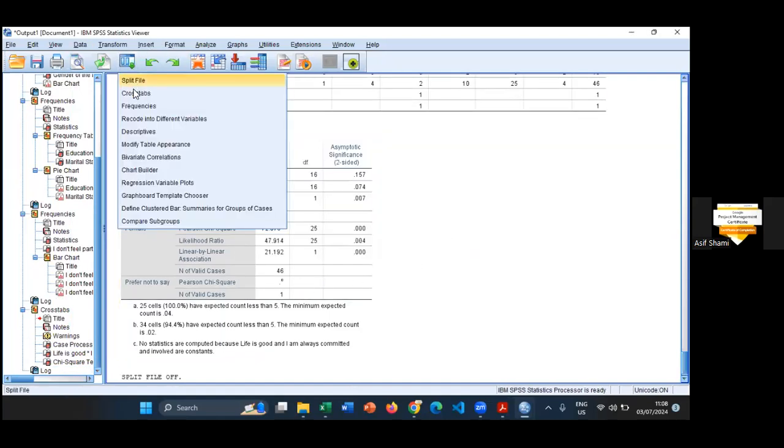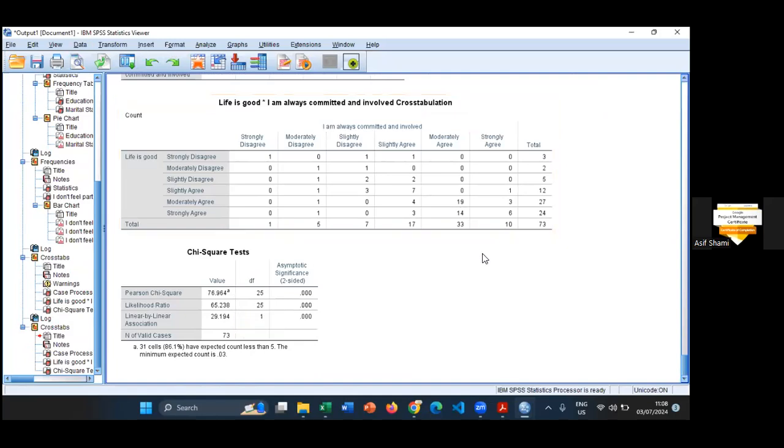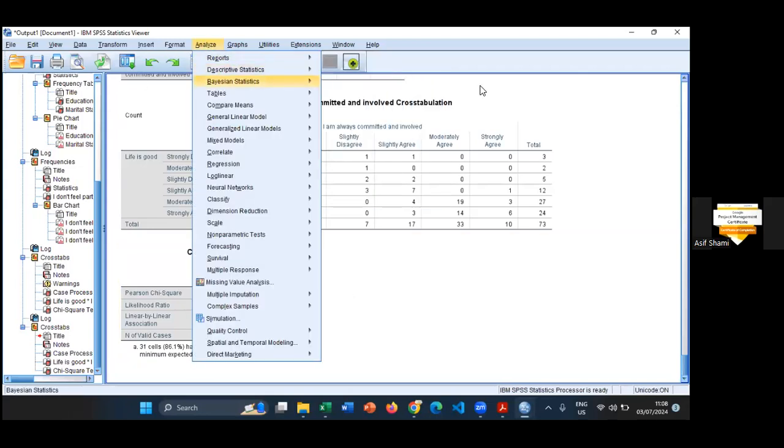Now again, I perform this crosstabs. Look at this. These are highly significant. Meaning to say, life is good versus I'm always committed and involved cross tabulation. The two categorical variables are highly significant and they are related to each other. There is a strong association between these two qualitative categorical variables. Similarly, you can perform any sort of operation on the